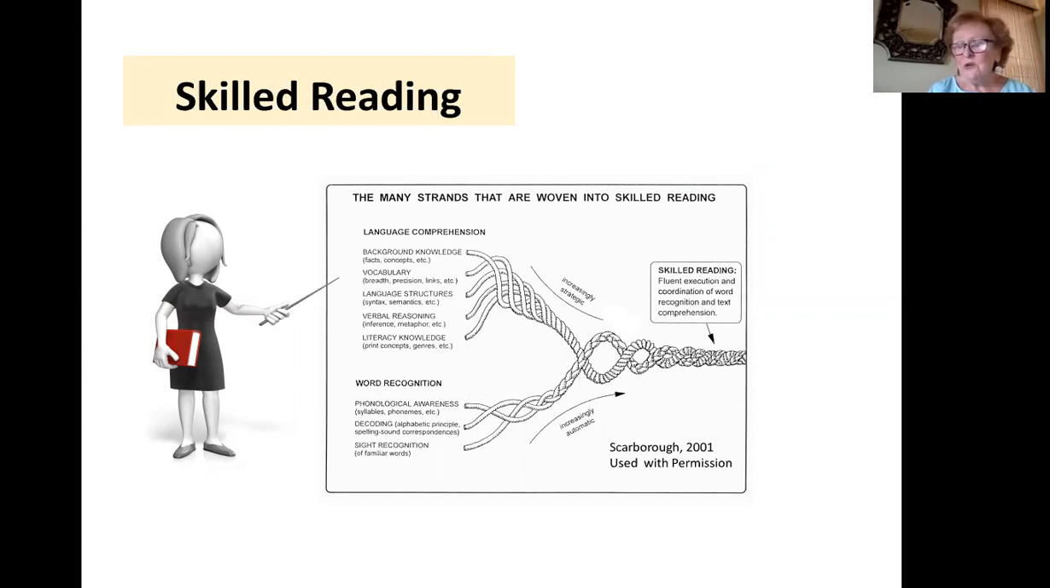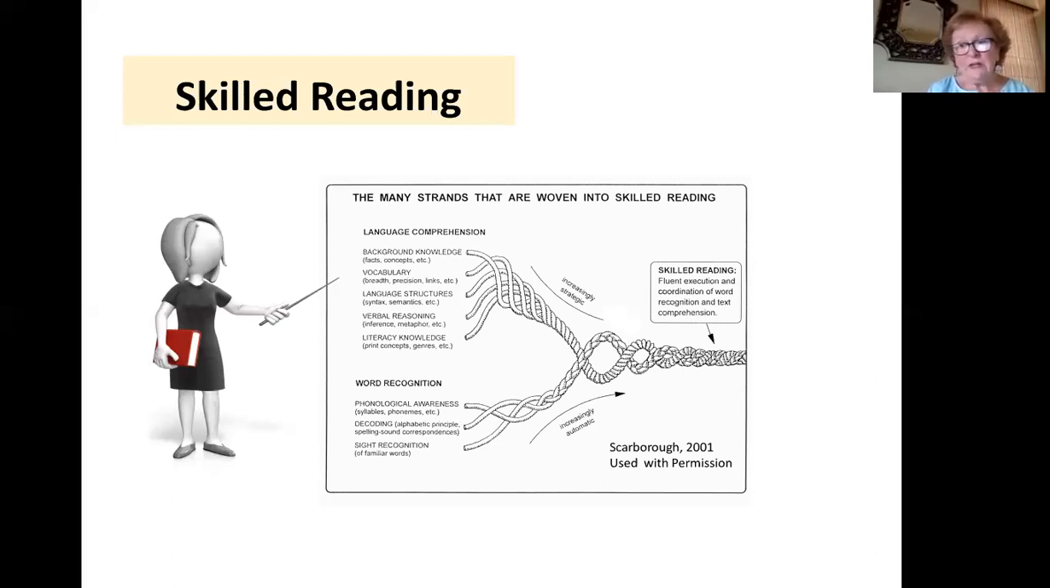To access and use our background knowledge, to access and use our knowledge of word meaning, a breadth of meaning, a precision of meaning, our ability to use language structures, which include semantics and syntax, syntax being a vehicle for conveying word meaning, sentence comprehension, verbal reasoning, our ability to go below the surface of the text to make sense of meaning that's underlying the words the author has provided, and of course, our literacy knowledge, our knowledge of text